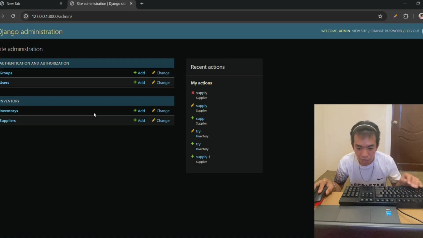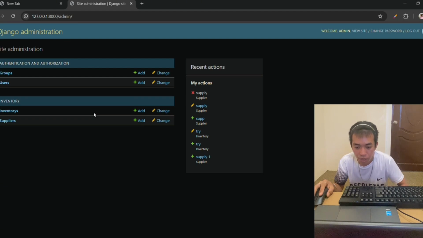Then when you hit enter, you can see that we are here in the site administration. Here you can see the groups, users, with plus signs on the side, then here the inventories, suppliers.